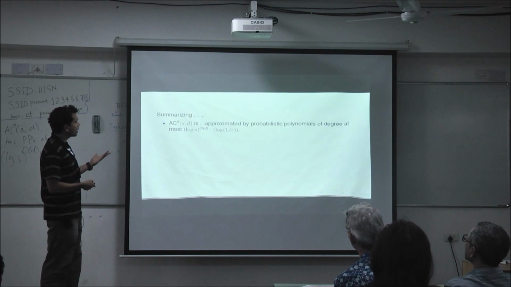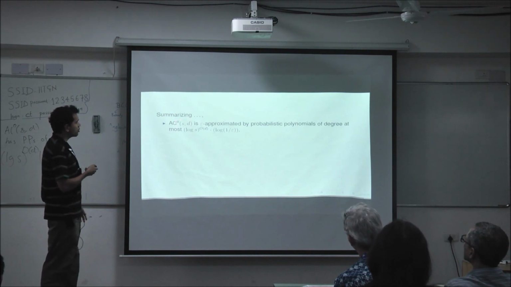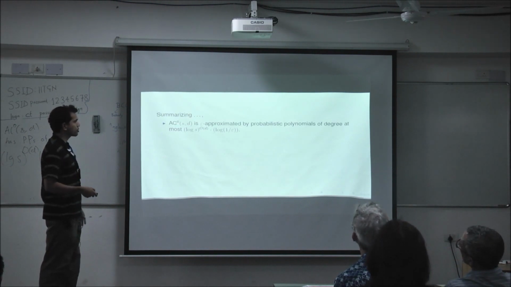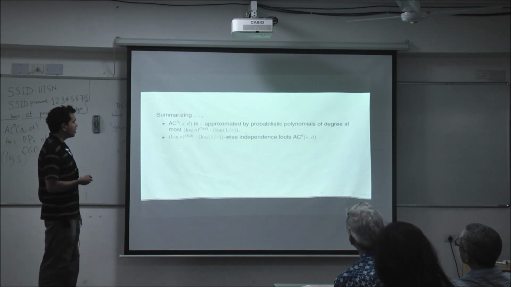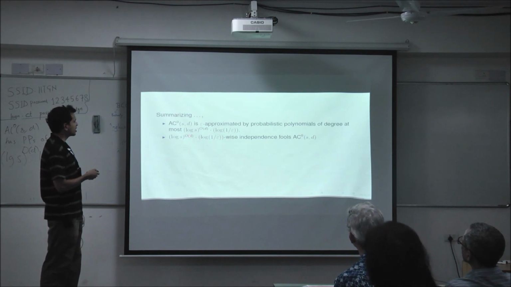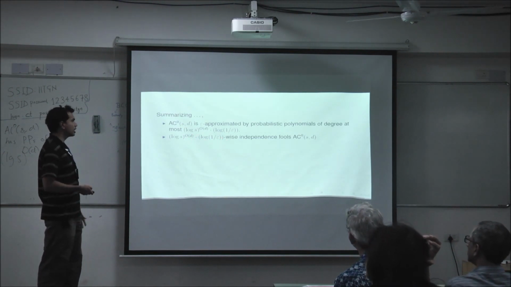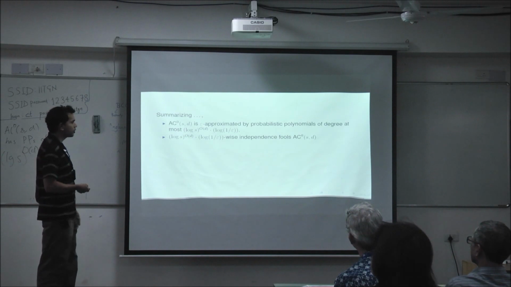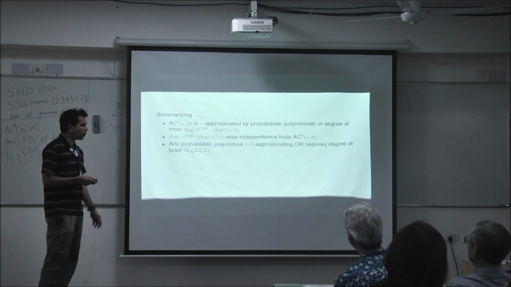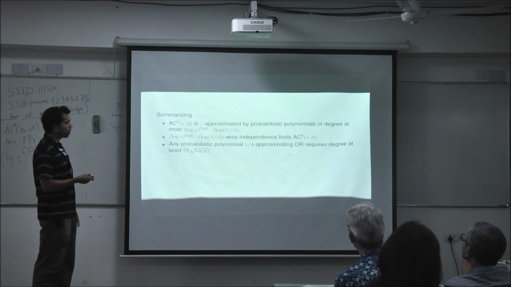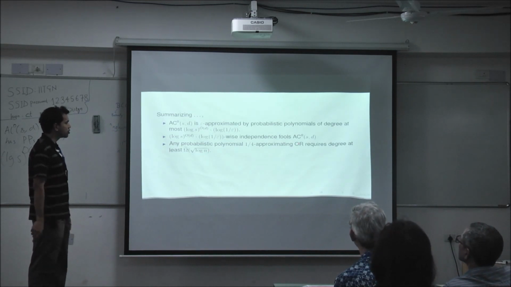Using this idea of error reduction, we show that AC0 is epsilon approximated by probabilistic polynomials of degree Z. And we also proved a slight strengthening of Bremen's theorem, which is tight except for this constant in this order D, which hopefully should be 1, but we don't know. We also proved a lower bound for polynomial approximation, that any probabilistic polynomial for the OR function must have degree at least square root log n.